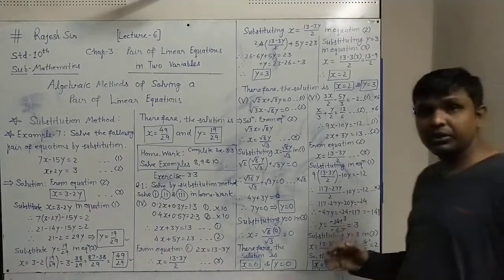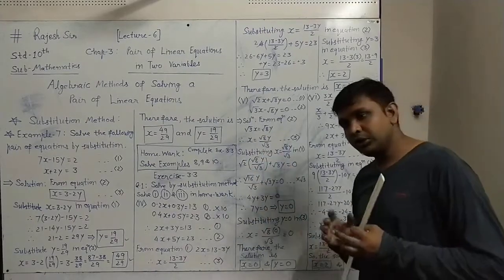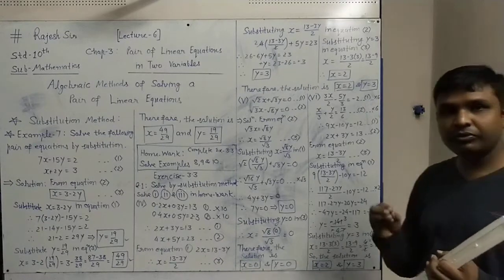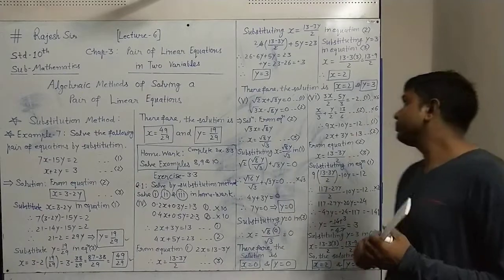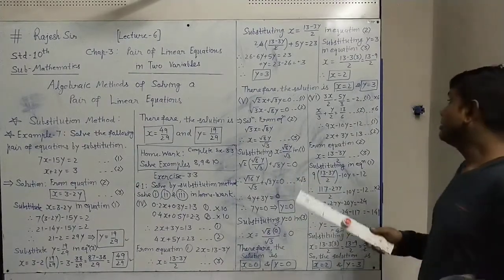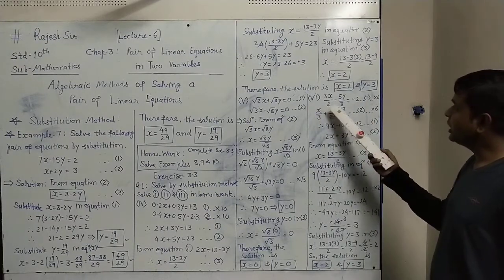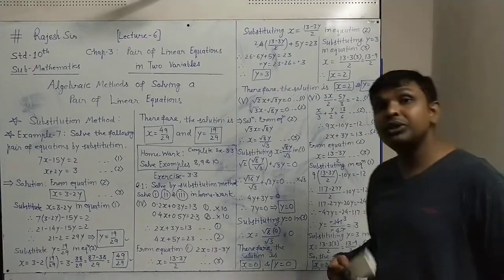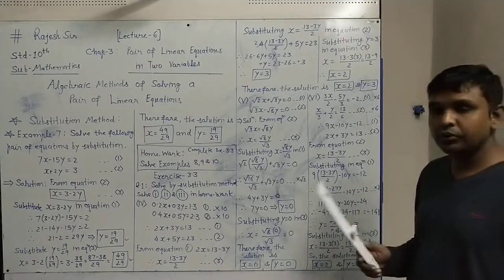So first thing we have to do, the denominator part we have to remove. How to remove the denominator part from the equation? We have to multiply by that type of number which will cancel that denominator part. So how to decide from which number we have to multiply? That also is simple. In this equation, in the denominators we have 2 and 3. So we have to think about the LCM of those numbers. The LCM of 2 and 3 is 6.